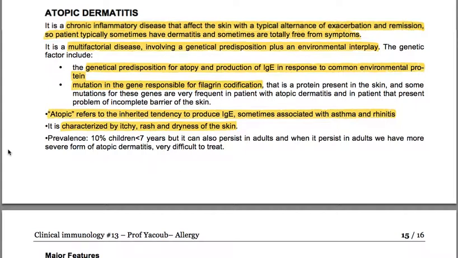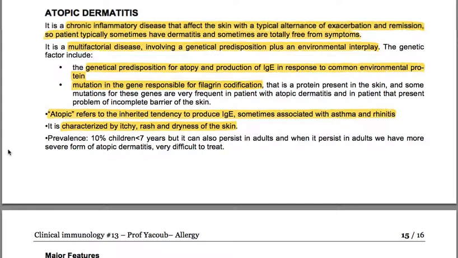We have atopic dermatitis, which is a chronic inflammatory disease that affects the skin with a typical alternance of exacerbation and remission. So the patients typically sometimes have dermatitis and sometimes are totally free from symptoms. It's a multifactorial disease involving a genetic predisposition plus an environmental interplay. The genetic factors include the genetic predisposition for atopy and production of IgE in response to common environmental proteins, a mutation in the gene responsible for filaggrin codification, that is a protein present in the skin,